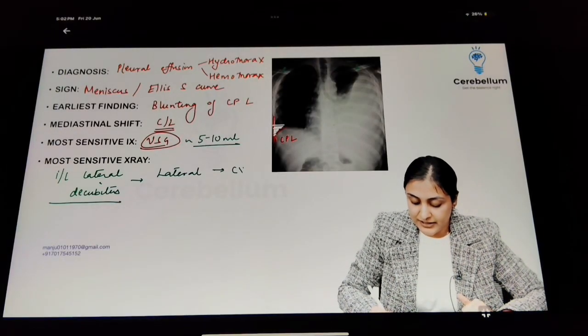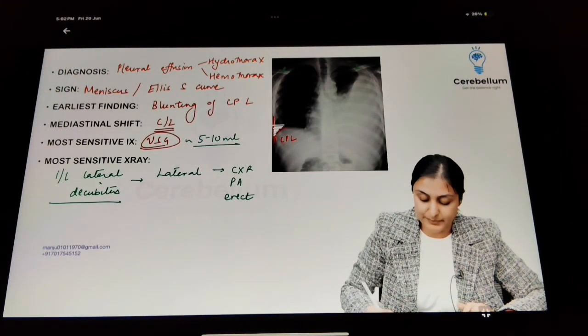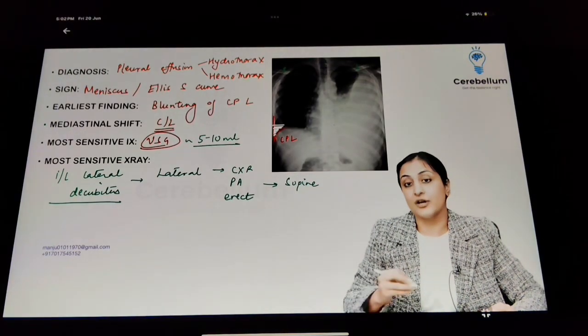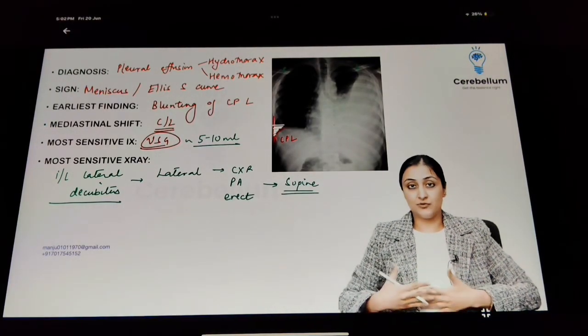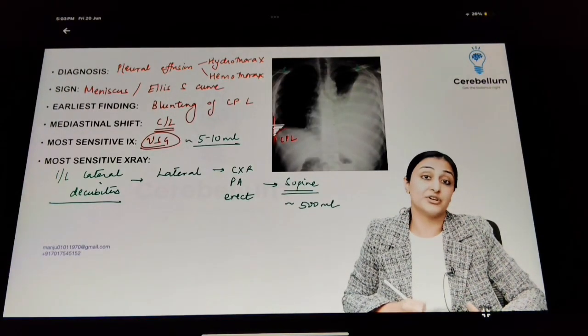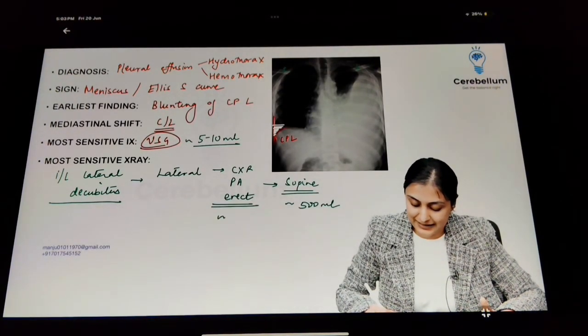That is more sensitive. Then a chest X-ray PA erect view, where the patient is standing, the most common one that you see here, followed by supine. Supine is the least sensitive radiograph. For a supine X-ray to show you an opacity, you will just see a diffuse whiteness there, right? So for a supine radiograph to show you an opacity, we'll need somewhere close to 500 ml of fluid, which is a lot. A chest X-ray PA erect view will need somewhere close to